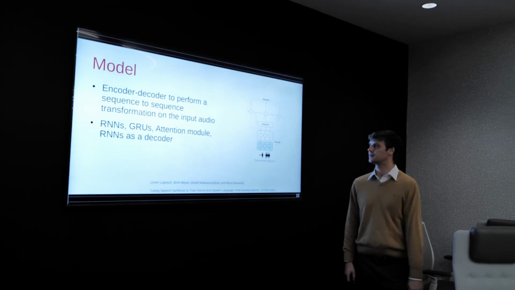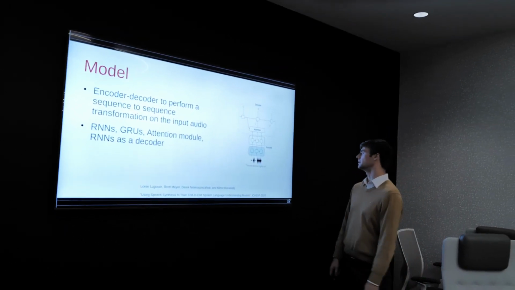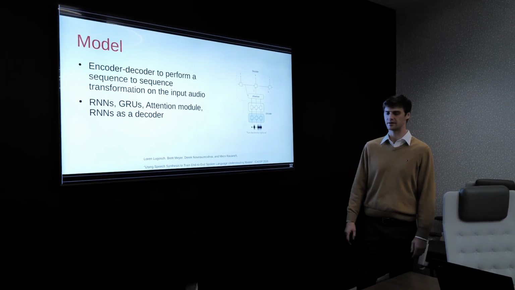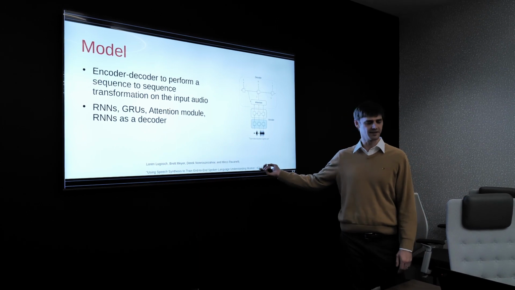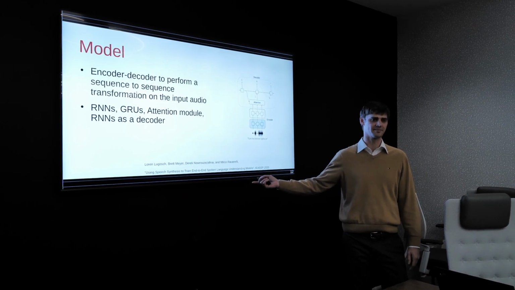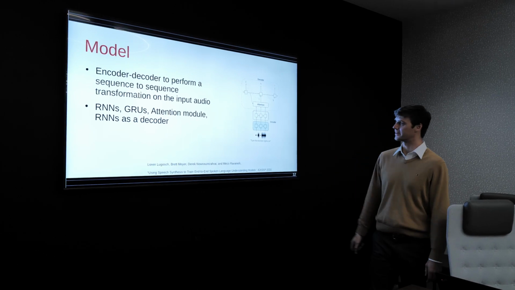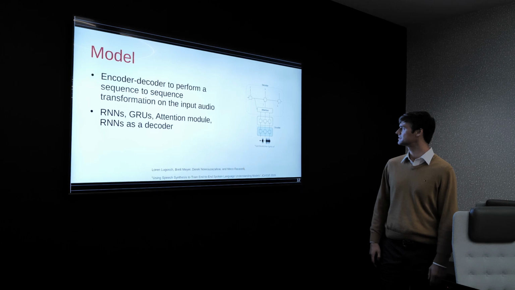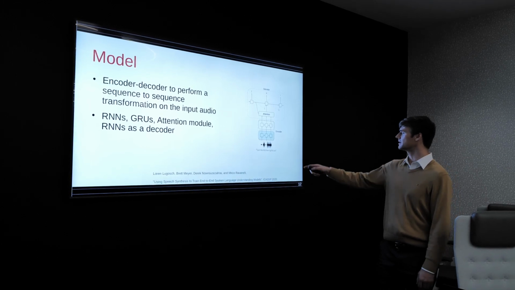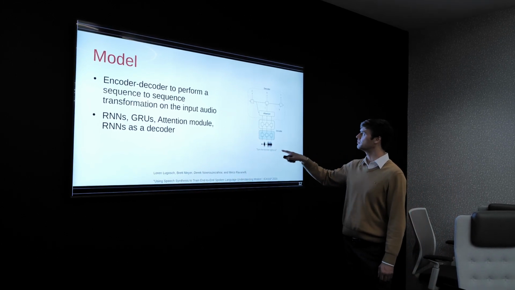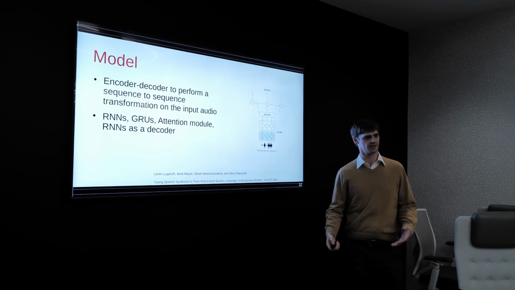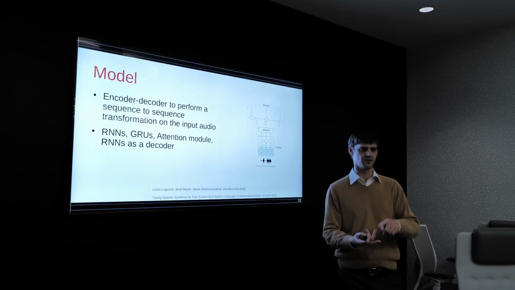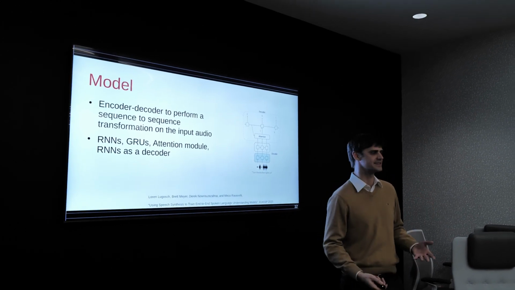I used an encoder-decoder type of model. I'm not going to go into too much detail, but if you want to see the model, it's actually used in this paper here. I realized that a completely different application could use the same model in this case. So I directly applied it. If you want to read more, that's the paper to go for. But basically, their model took an audio input and was trying to encode the intent. So turn the kitchen lights on, okay, kitchen lights on should be the intent of that message.